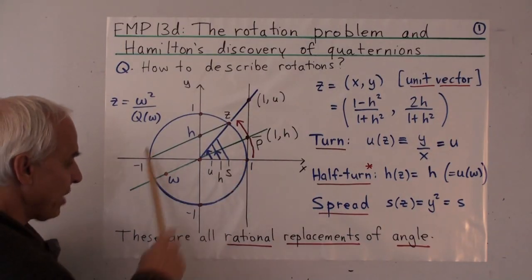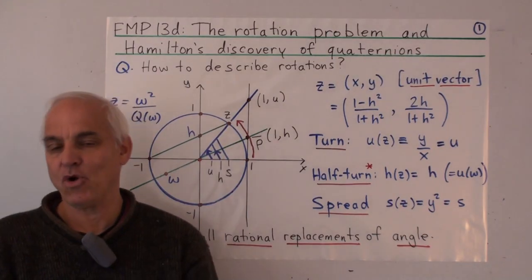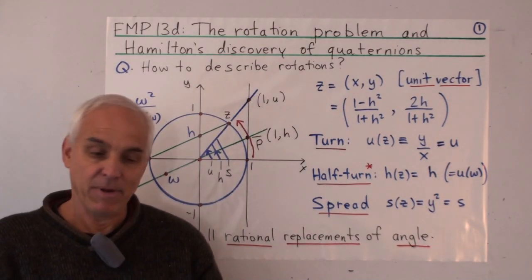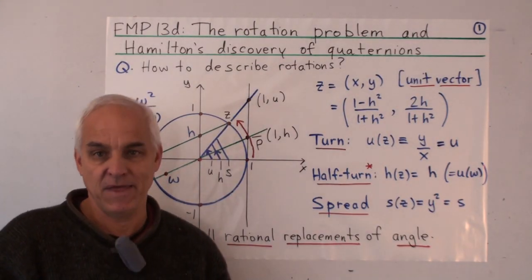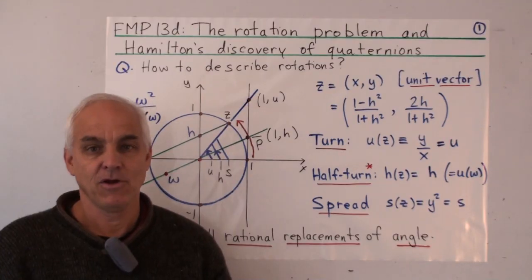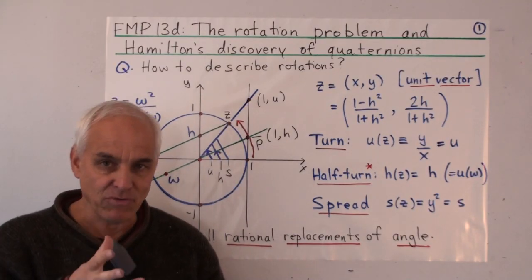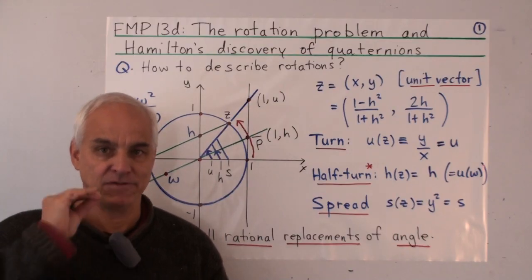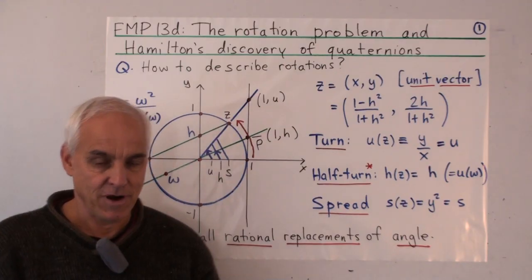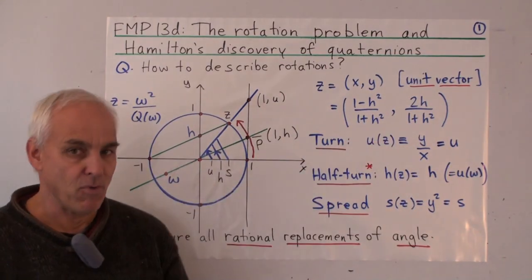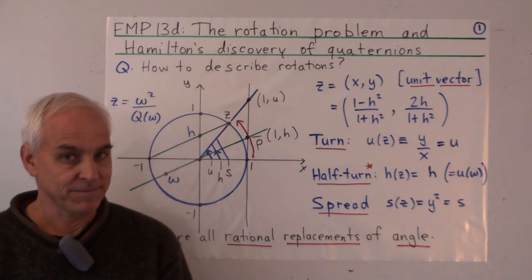It's perhaps a somewhat unfamiliar way of thinking about or labeling rotations, but it turns out to be the best way of thinking if you want to understand rotations via quaternions. We want to measure rotations by half turns. All right, so please give this rational parameterization some more thought if you're not familiar with it.